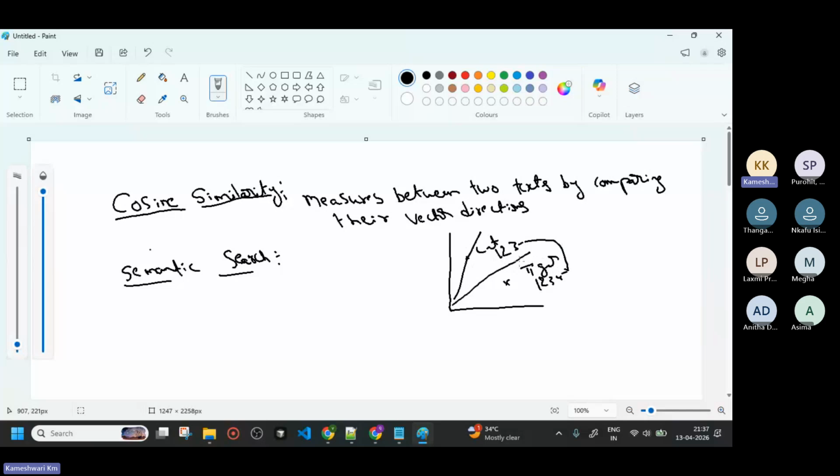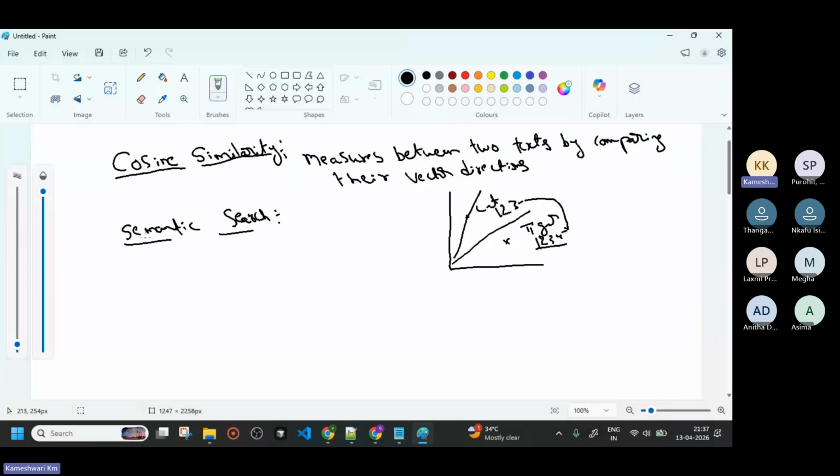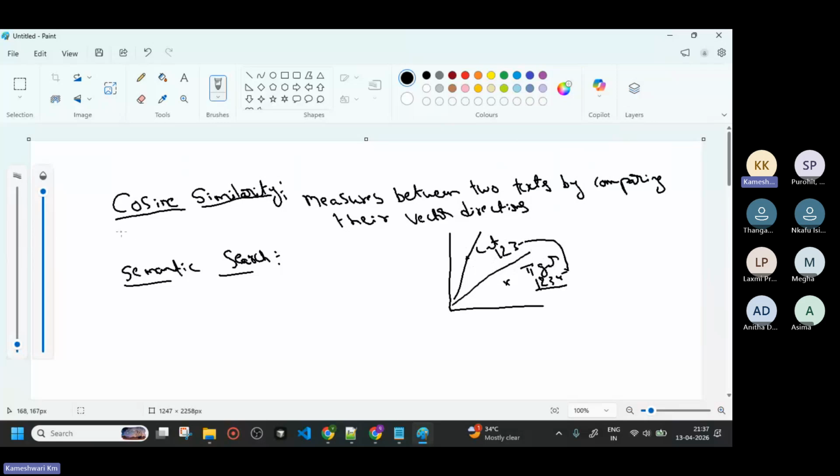If anyone asks a question in ChatGPT, like whether cat is related to tiger, yes or no, then to say yes or no it has to understand and relate. As per the embeddings, it will understand this is a number and this is also a number, which may be nearby, so they relate to each other as one kind of family. So this is the background of cosine similarity: comparing two texts depending upon the meaning. But it is not going to help every time.